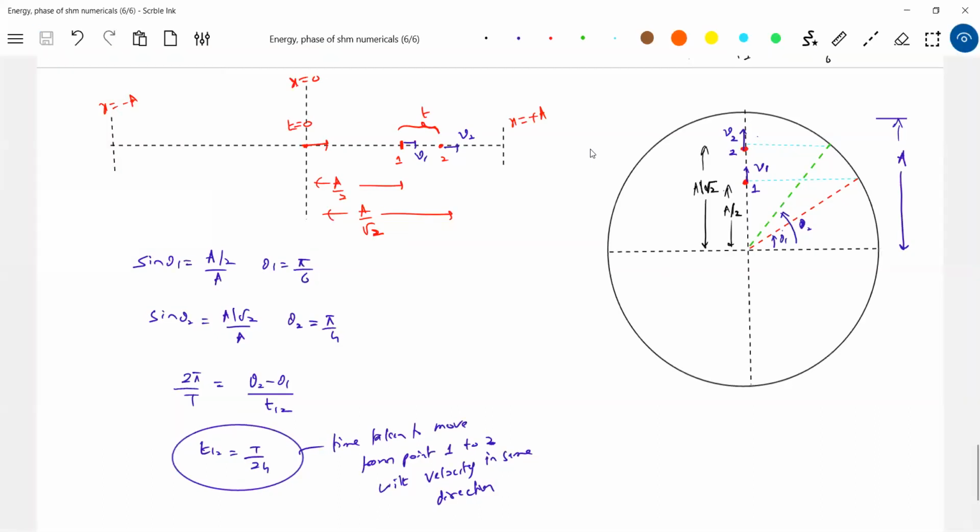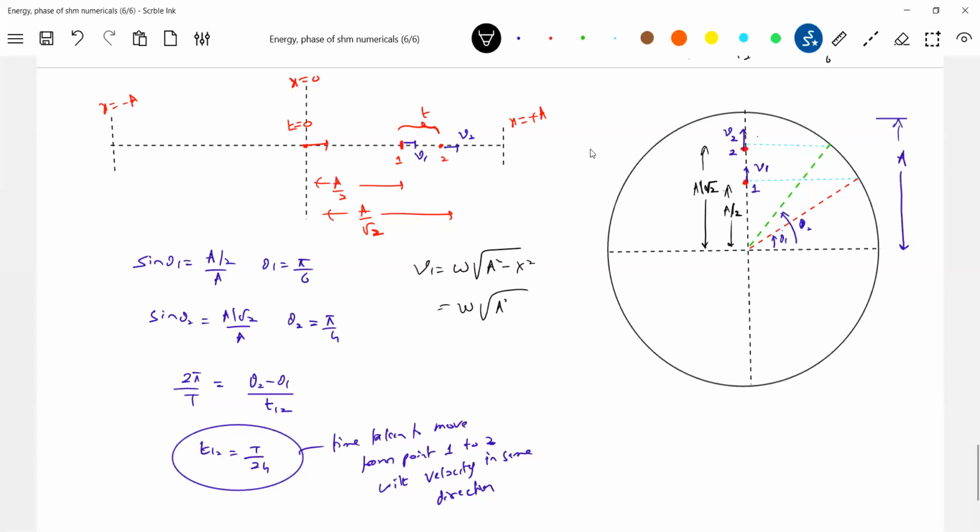I think the very first question was, sir, why do you write x equal to a sine omega t? How do you write x equal to a cos omega t? I think that was the primary question we wanted to answer. To answer that, we encountered this in between. After this, one more thing, V1. What can be V1? Omega root of a square minus x square.